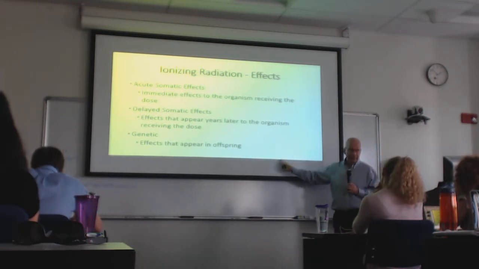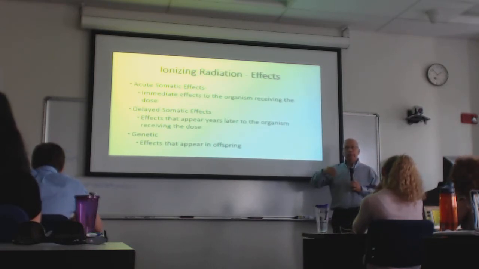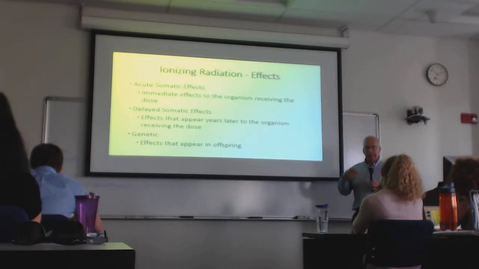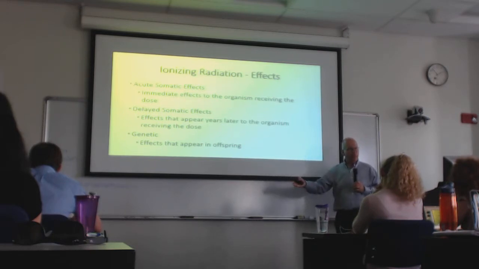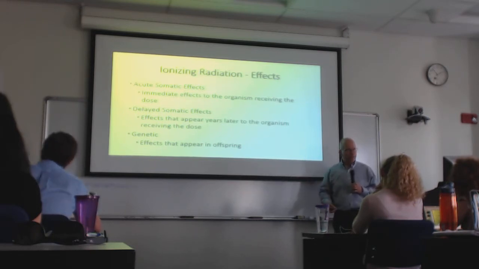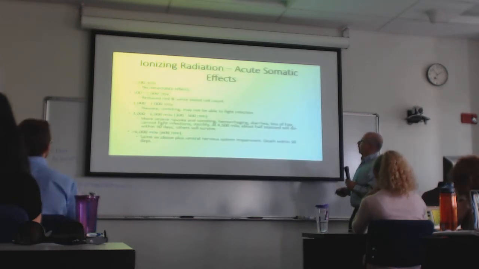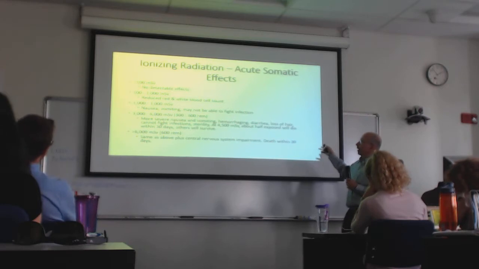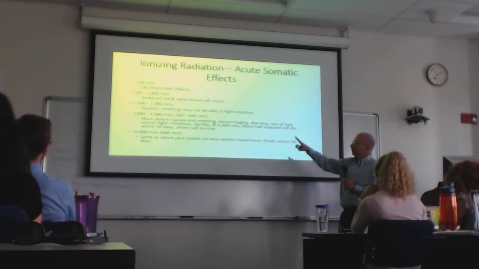And then there are the genetic effects, which were predicted and we observed in those patients who maybe were 50 miles away from Hiroshima and had certain genetic effects, so that their offspring had a problem, some kind of genetic defect. So these are the kinds of effects that I wanted to just review very briefly. I mean, these are the kinds of things we're talking about.